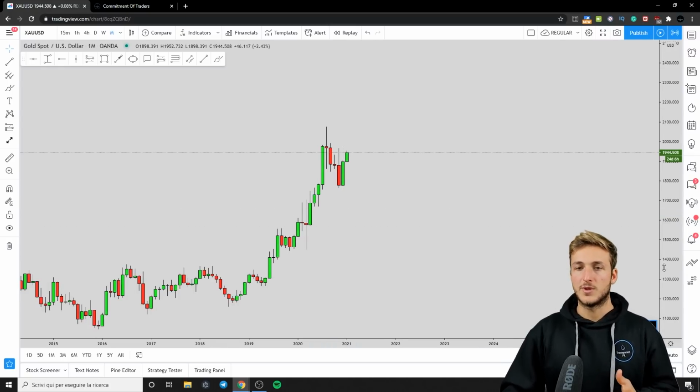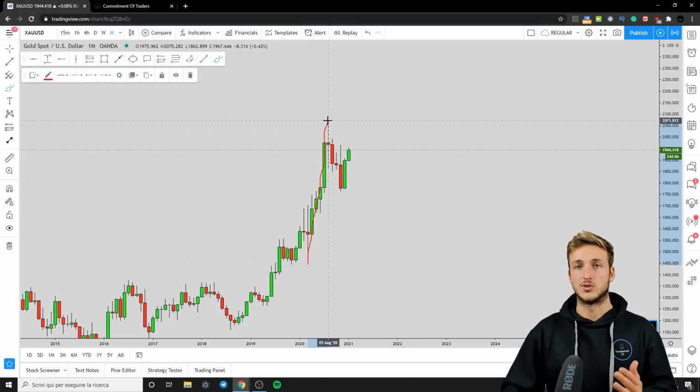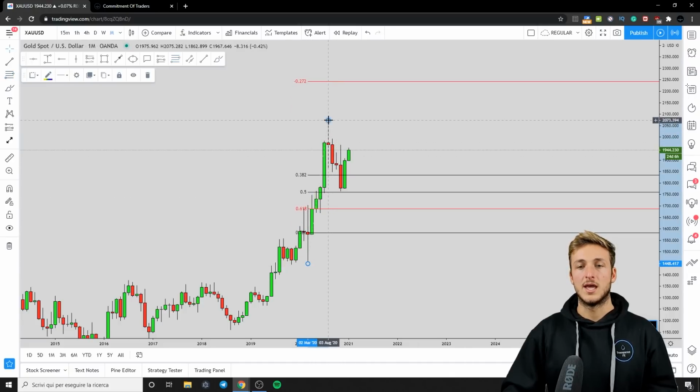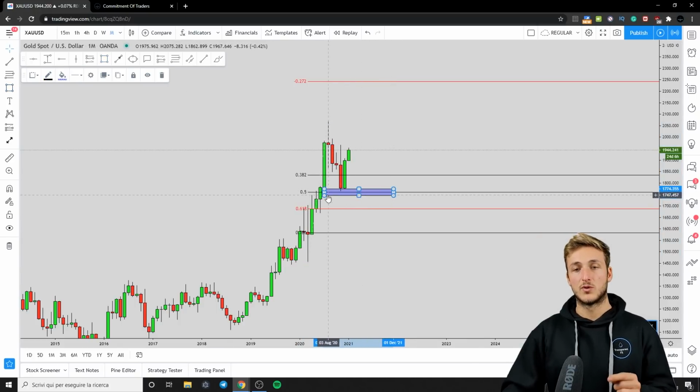Now, starting here from the monthly time frame, what do we have? On the monthly, we have a market which has just created a quite strong impulse to the upside. After an impulse, if you want to measure the correction, what you have to do is take your Fibonacci from the low to the high of the impulse. And if we take our Fibonacci from the low to the high of the impulse, what we can see is that the market has stopped just before the 50% of the Fibonacci taken on the monthly impulse,